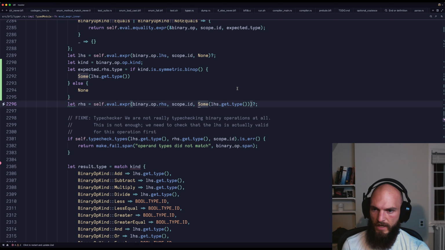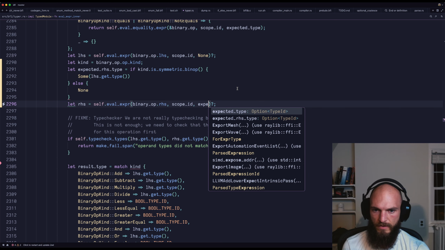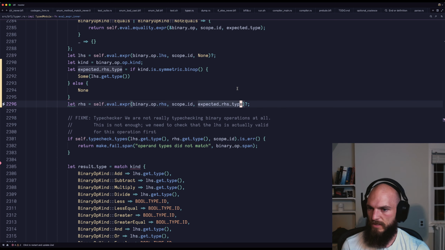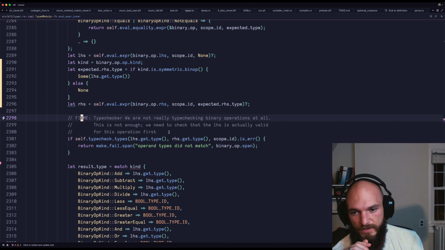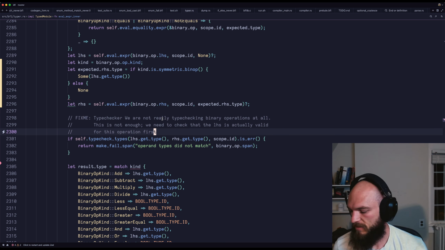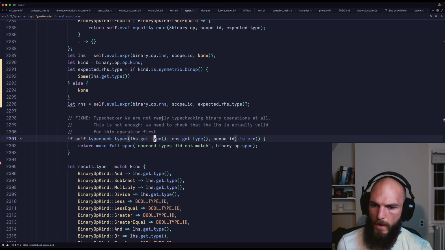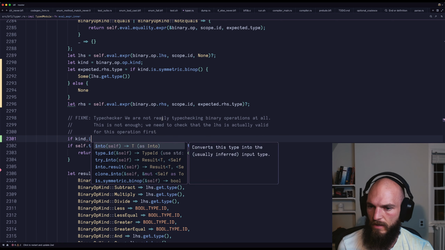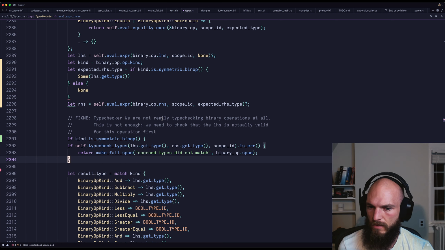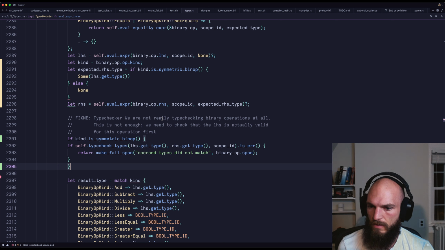And now don't forget to use our expected type here. And this is a big fixme actually. Type checking for bin-ops is just kind of broken right now. I'm just checking that the LHS and the right hand side are compatible. If mine is symmetric bin-op, else